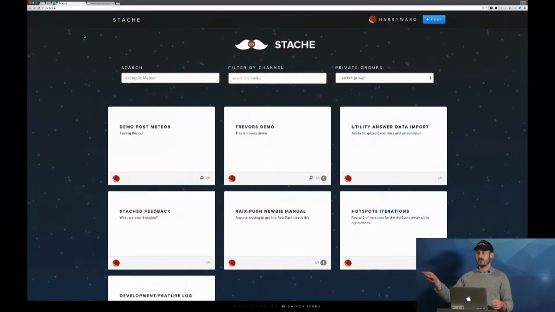And so what Stache does, and it's totally free, is allow you to use Slack with your team and have a place to store rich snippets. They could be just README files. It could be a glorified Google Doc, but it's directly linked to channels or multiple channels. So if I make a comment on one of these Stache snippets and it's tied to 3 channels, it's going to alert all 3 channels.